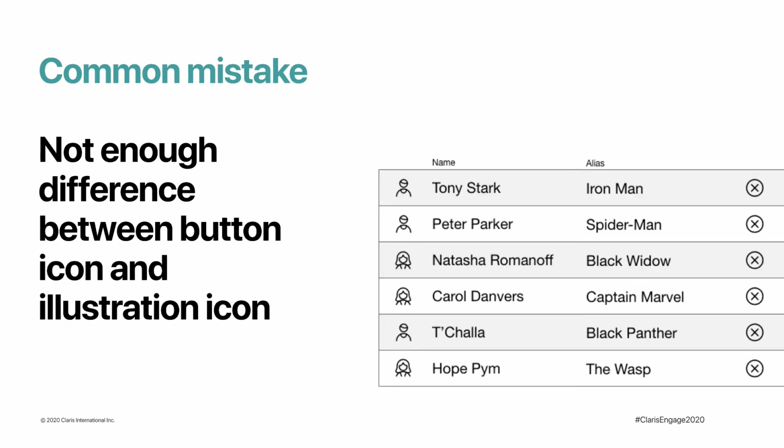Another error I found in an existing solution: the former developer used icons in the same style and same size for buttons and also to illustrate some record attributes. Here is an icon to identify female or male. In this case, it is impossible to differentiate a call to action button from an illustration.